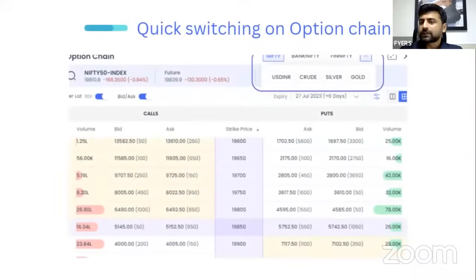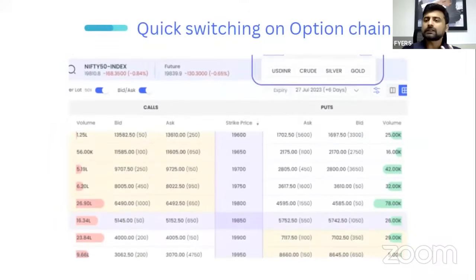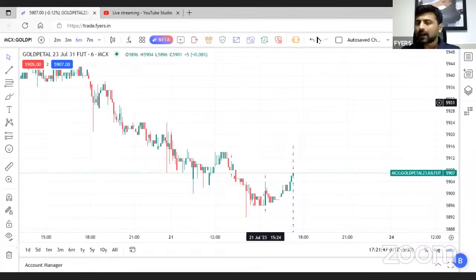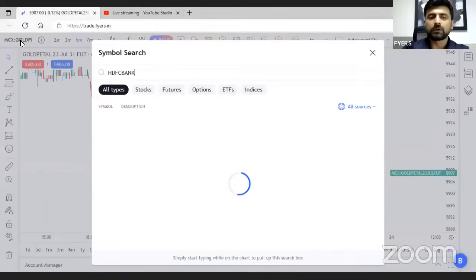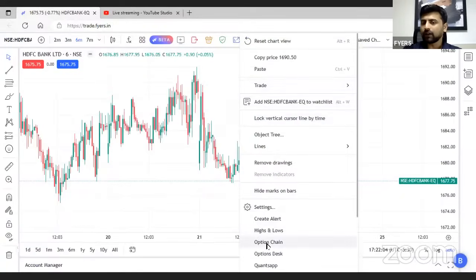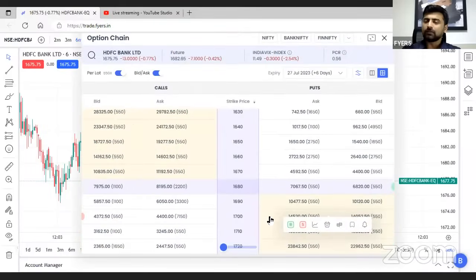The next one is quick switching on option chain. So what is the meaning here? What is the advantage for all of you? Let's go ahead and try to understand. So मान लीजिए मैं अभी, for example, I'm looking at one particular script. Now let us say I want to see the options chain on it. Let me go back to a normal script. Let me go back to an equity script like HDFC Bank. So HDFC Bank पे अगर मुझे option chain देखना है, तो जनरली मुझे राइट क्लिक करना है और यहाँ पे ऑप्शन चेन देखना पड़ेगा. लेकिन मान लीजिए ड्यूरिंग मार्केट आवर्स you are seeing HDFC Bank's option chain, but you also